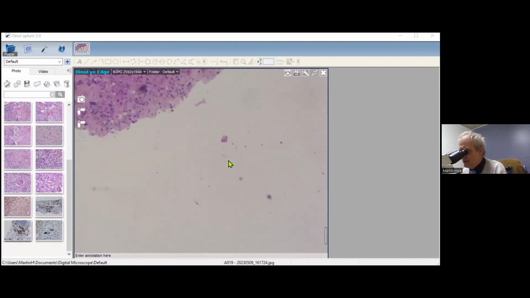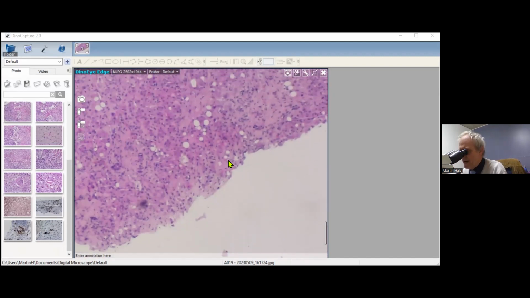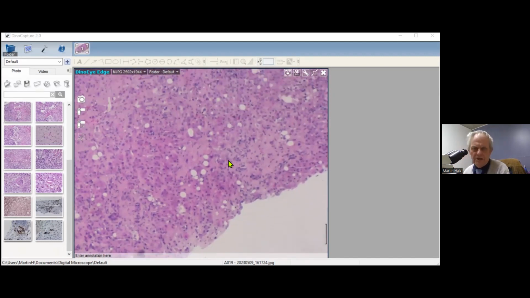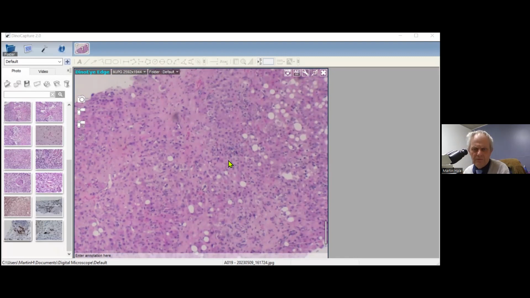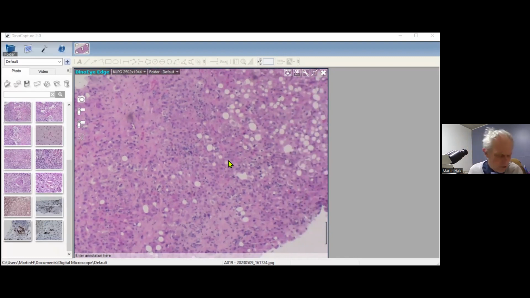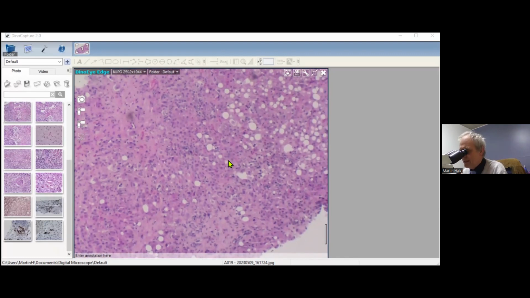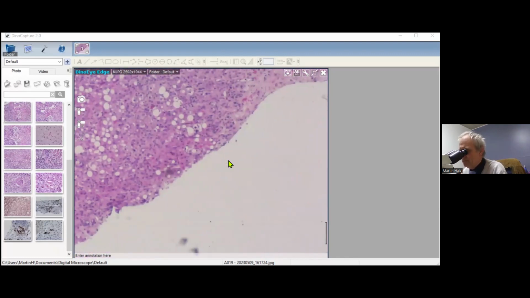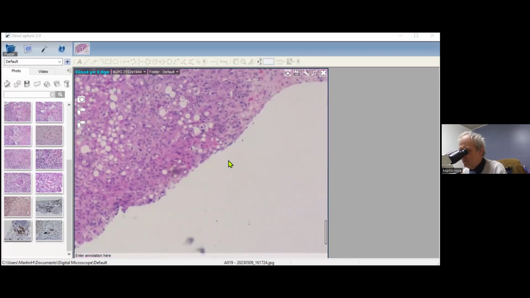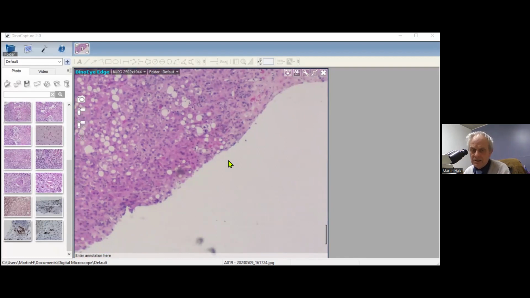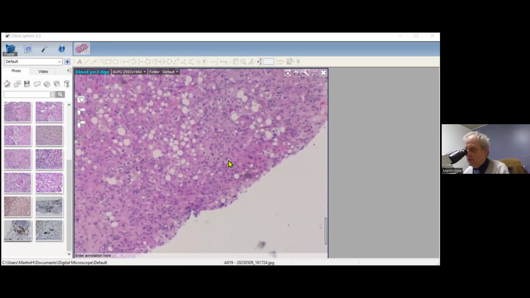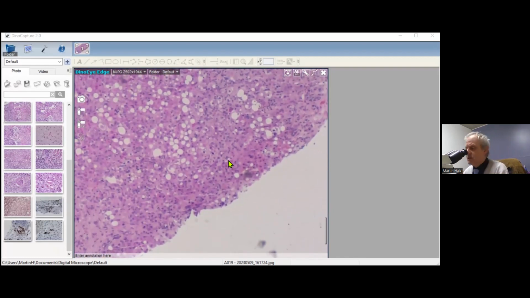There's significant steatosis here, but there are broad areas where there's not much in the way of fat. So I gave this a score of 1, but even now, looking at it, maybe this is a 2, and it's difficult to be certain. But it doesn't really matter in the overall scheme of things, because the grade and extent of steatosis doesn't affect prognosis. Right, so now let's look at the activity.